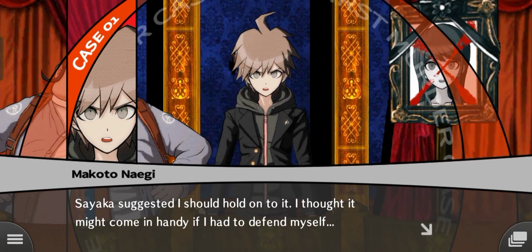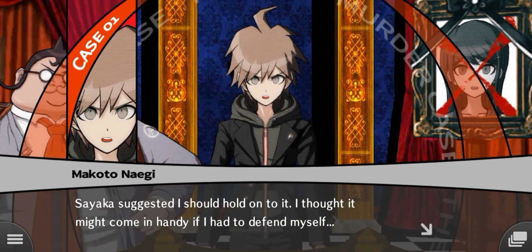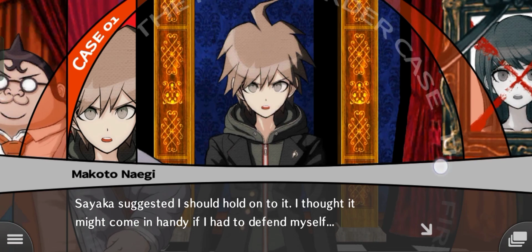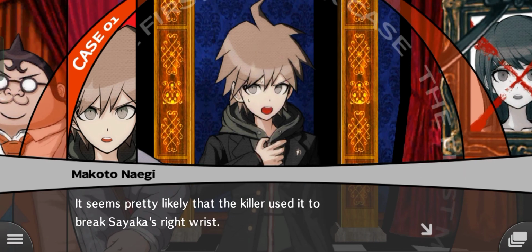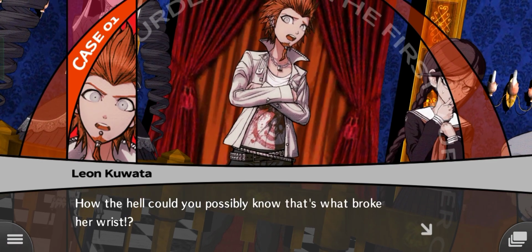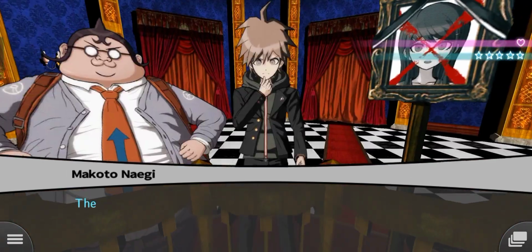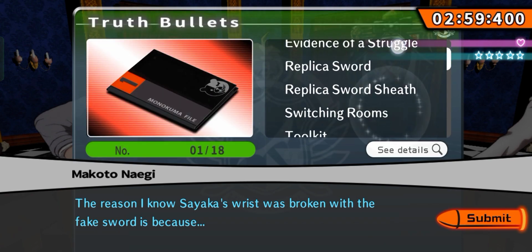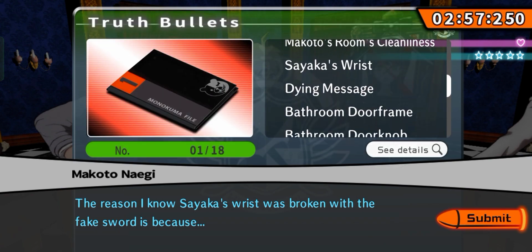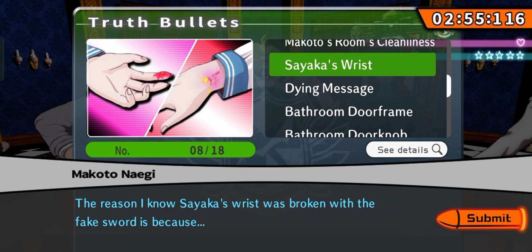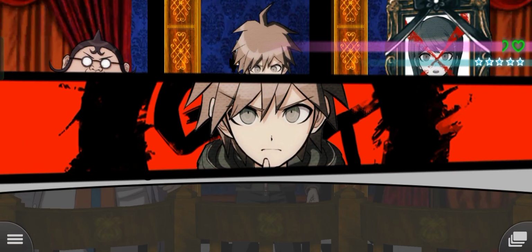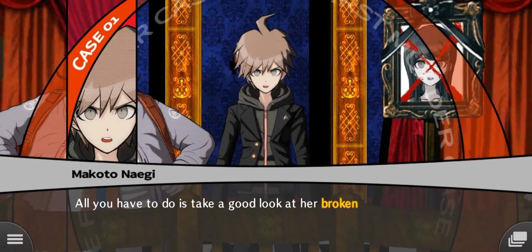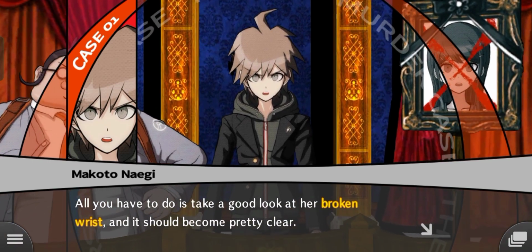Sayaka suggested I should hold on to it. I thought it might come in handy if I had to defend myself. It seems pretty likely that the killer used it to break Sayaka's right wrist. How the hell could you possibly know that's what broke her wrist? I got it! All you have to do is take a good look at her broken wrist, and it should